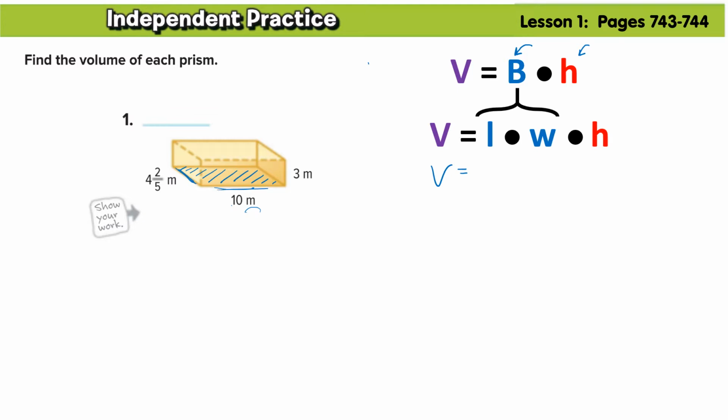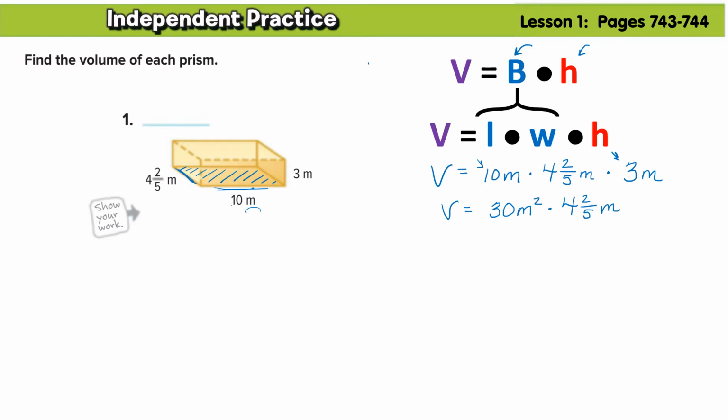I'm going to say that my length is 10 meters times 4 2/5 meters, and my height is going to be 3 meters. We can use the commutative property to multiply 10 times 3 first, which gives us 30 meters squared times 4 2/5